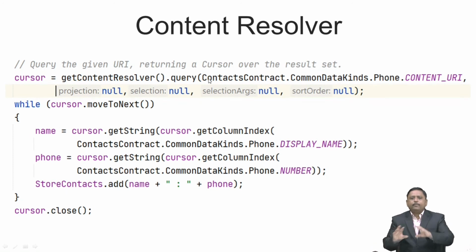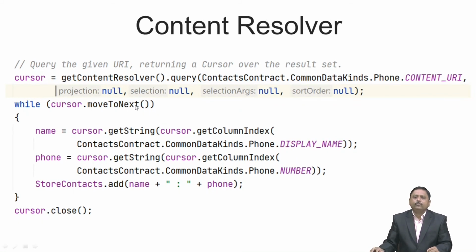In case of open or create database, the first argument is always the name of the database. Here we can understand through analogy that this name refers to our content URI that we have already discussed. So here we write down content URI. The second argument is projection, meaning which columns we want to retrieve. If it is null, it will retrieve all the columns from the content provider table.